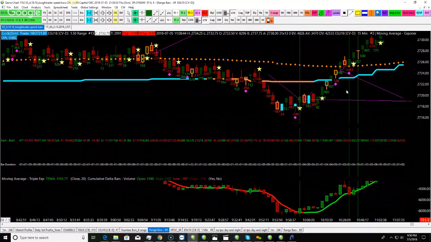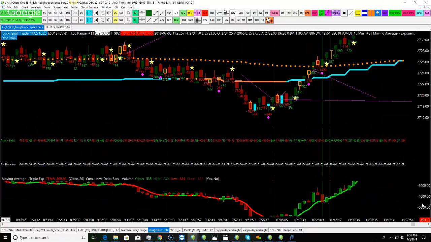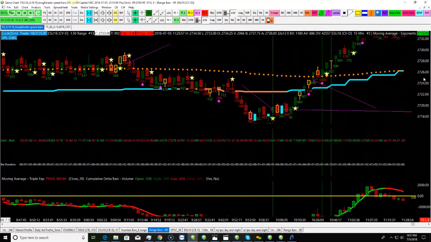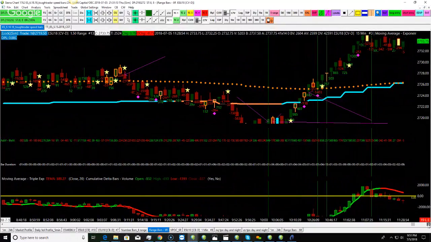And if you'll notice, even when delta moved lower, price still stayed higher, and the trend line itself stayed green all the way until this point right here. This is the first time we turned underneath that bar at 27.33. This is the first time we get